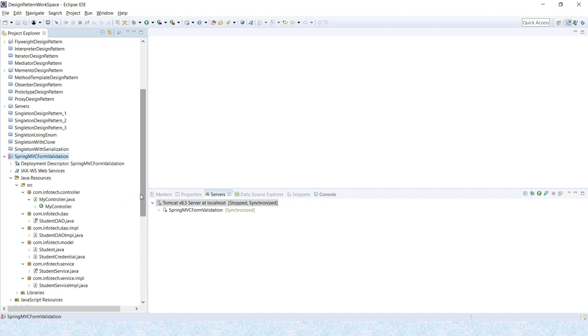Of course, you can create an application using the MVC pattern with technologies like simple servlet, JSP, JDBC, rather than using a framework like the Spring framework.